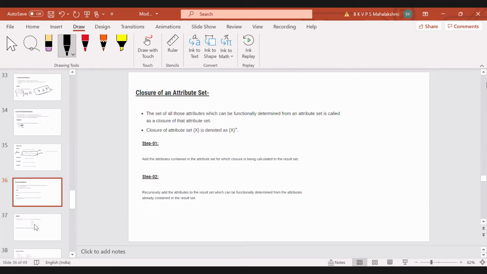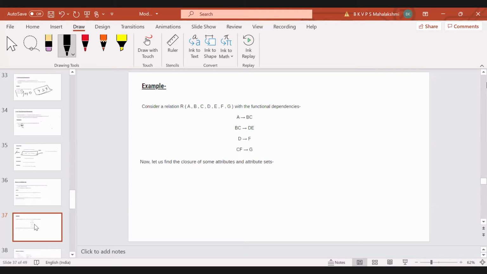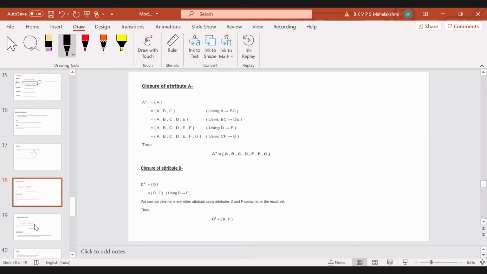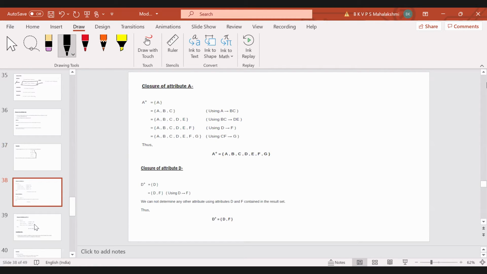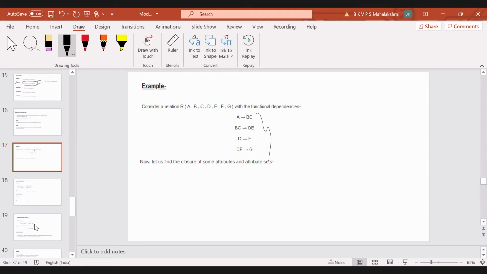And closures. So if this is a relation, then based on the functional dependencies, we can identify the prime attributes and the candidate keys. See, this is the example. The given functional dependencies are 4 here from the relation. See, what are the single attributes on the left-hand side? A, D.